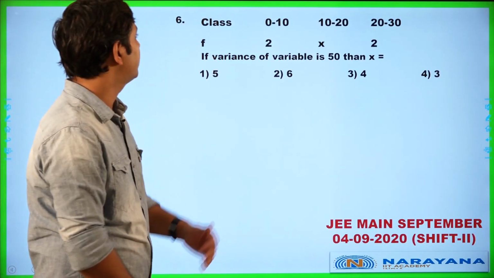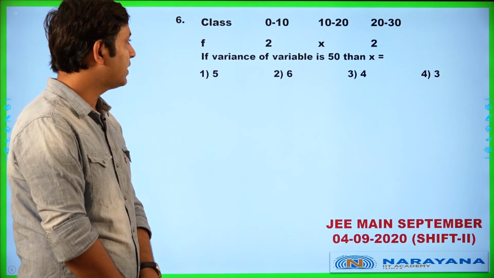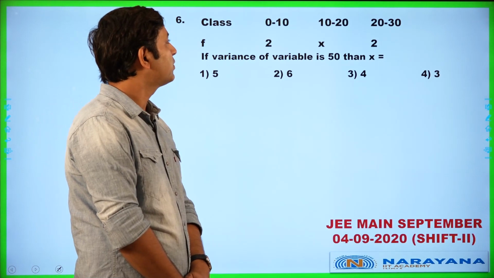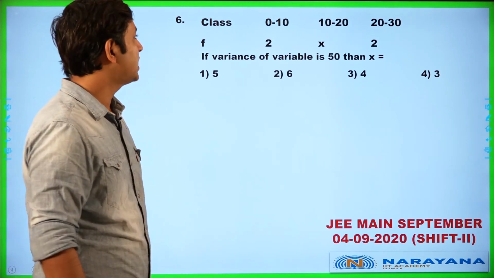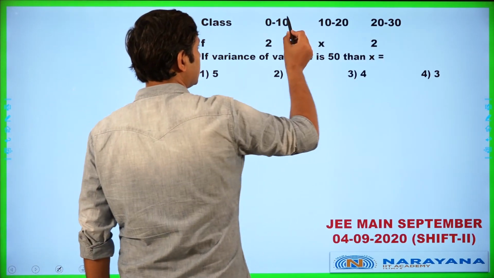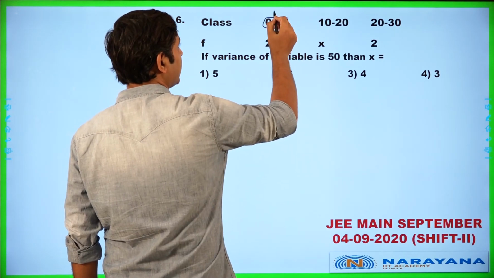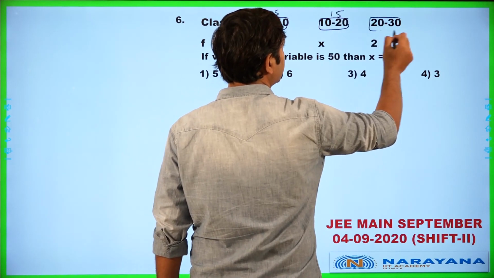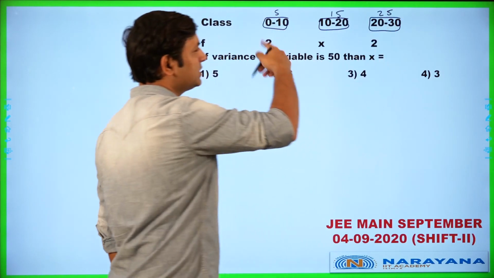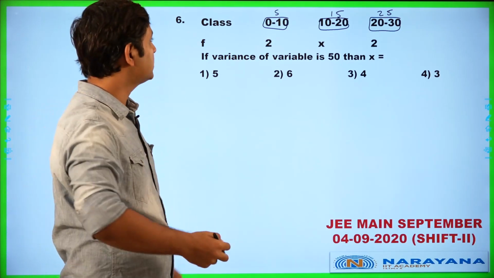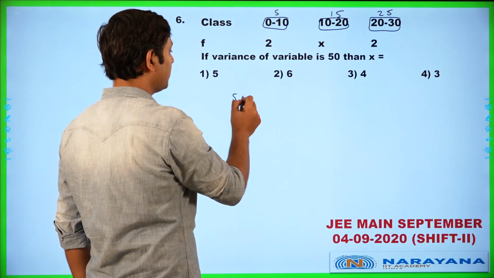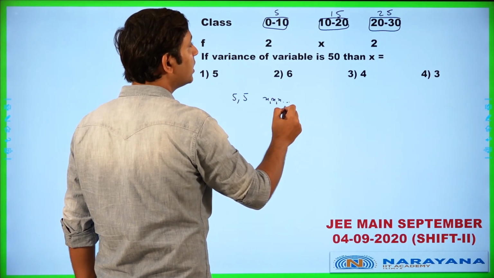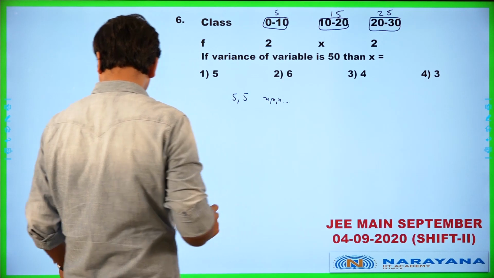In the next question, we have class intervals and we have frequency. Variance is given to be 50. Then we have to find the value of x. Notice that in this class interval, we'll take 5 as the value. Here we'll take 15 as the value. Here we'll take 25 as the value. This data is as good as 5, 5 two times, x, x, x,